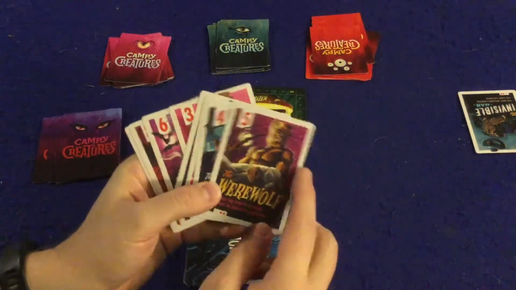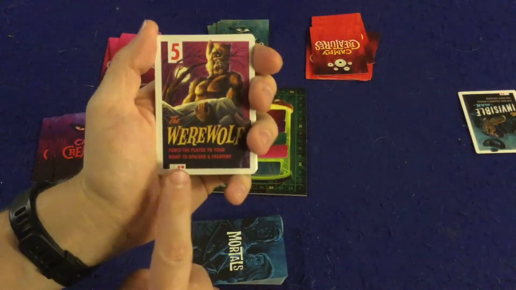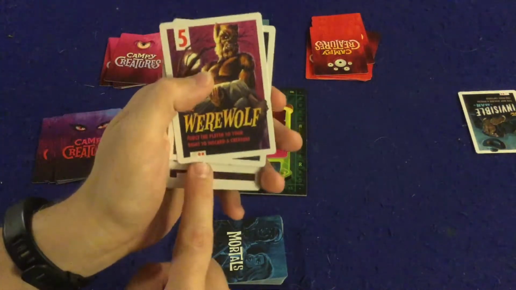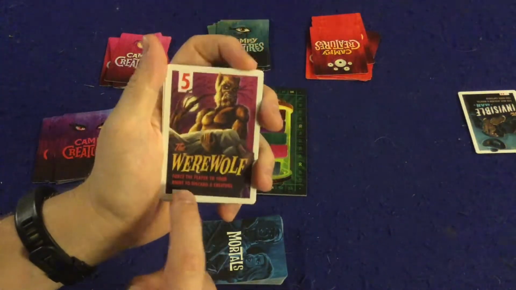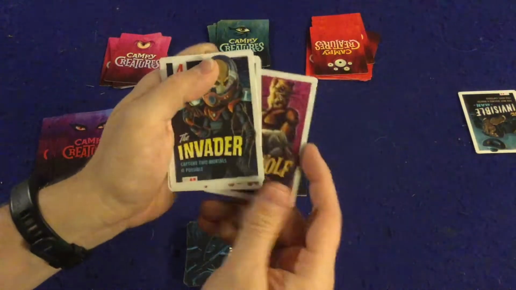But as you'll see, they have numbers in the upper left-hand corner, and that's going to dictate when they activate, and then also they have special abilities down on the bottom. And you also notice there's 1 or 2 dots right here, and I'll show you how those work in a minute. So the numbers, this is the special ability, so force the player to your right to discard a creature,